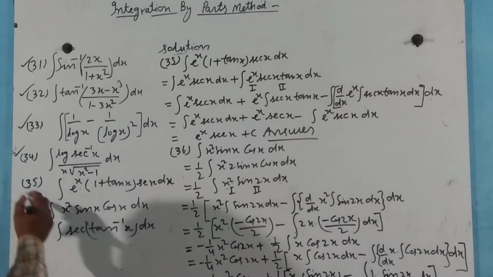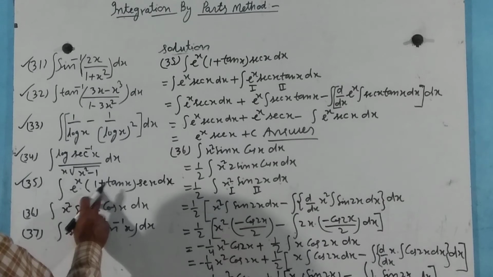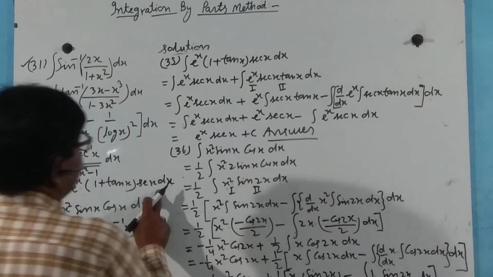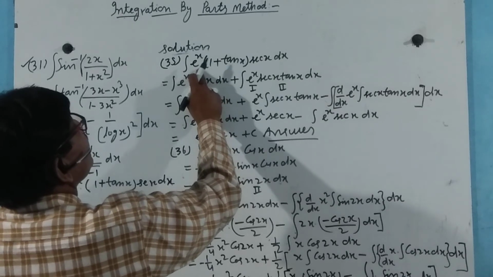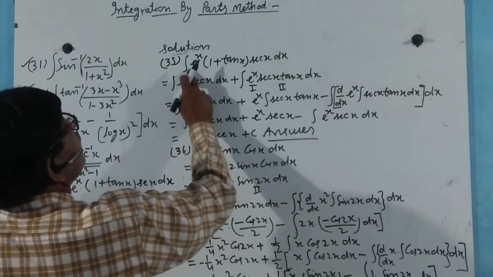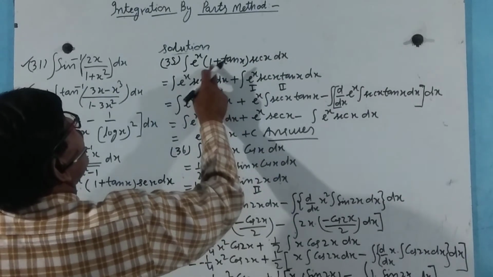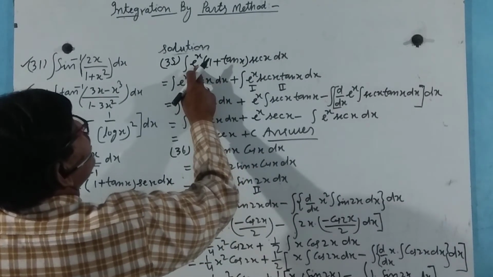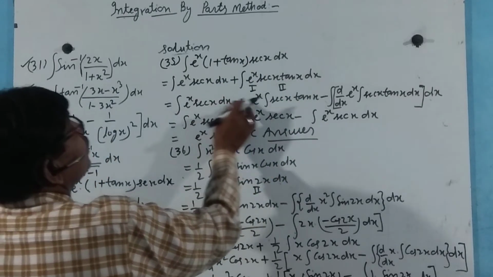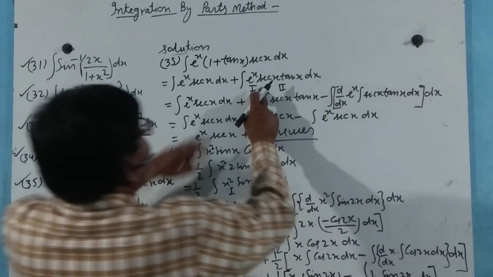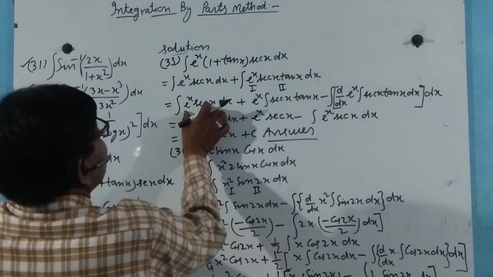Now here question number 35. Integration of e to the power x, 1 plus tan x, into sec x dx. We break this bracket: integration of e to the power x sec x dx, plus integration of e to the power x sec x tan x dx. Now we take these terms here. This is the first term and this is the second term. These terms remain the same,